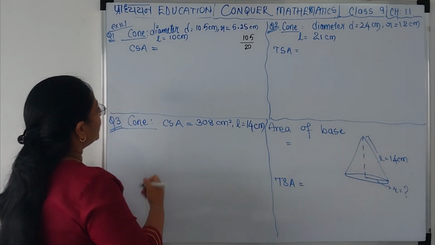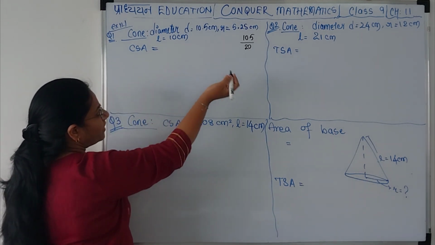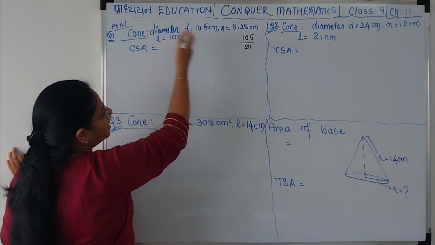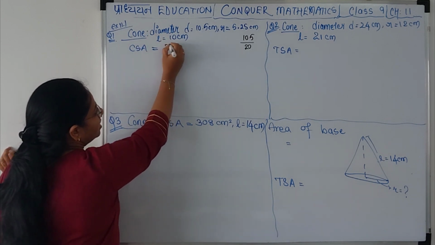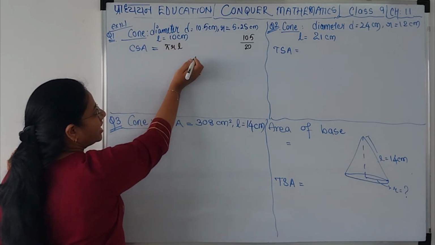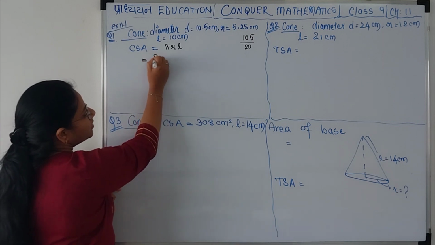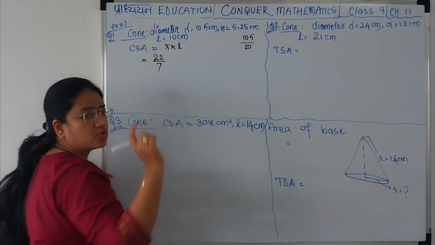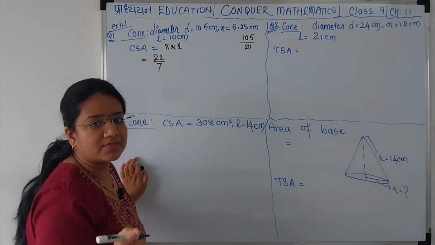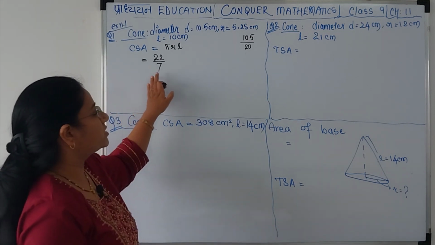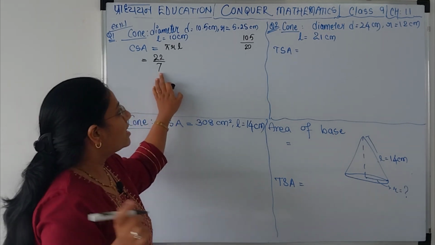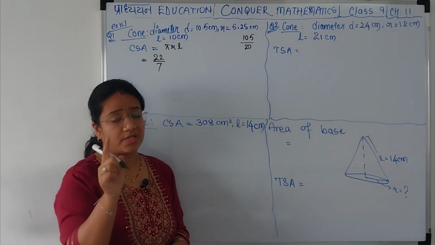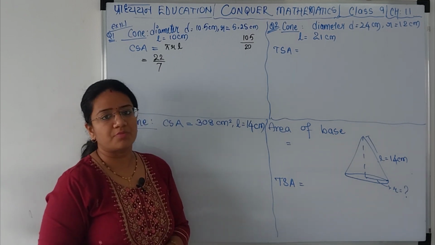Let's go ahead. We have to find the curved surface area. You are given the radius. You are given the slant height. Curved surface area is nothing but pi r l. So we get pi as 22 by 7. If it is not mentioned that use pi equal to 3.14, you will be using pi as 22 by 7. Like I said in the previous video, whose link by the way is in the description box,